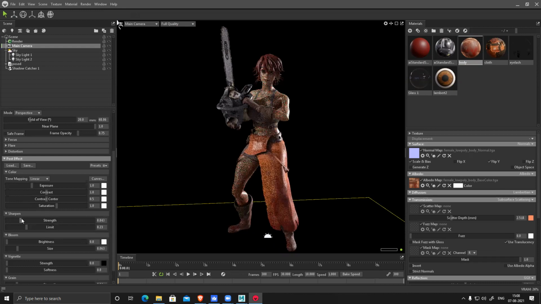Sharpness, slightly sharp. So all separation, normals, everything becomes a little sharp and crisp. Corners I can make slightly dark, not visible here.